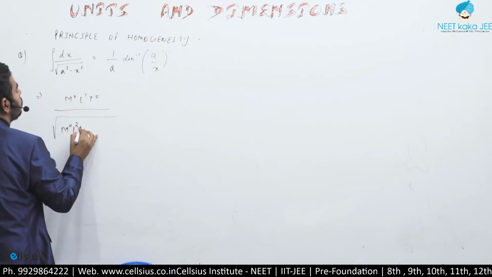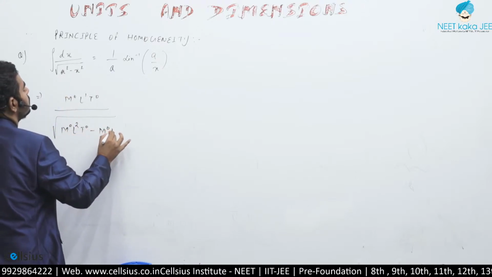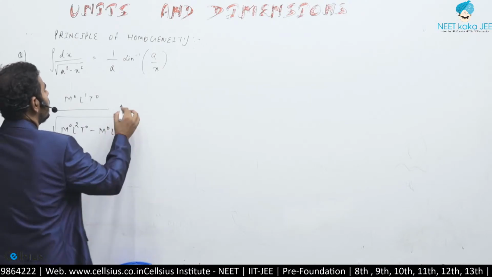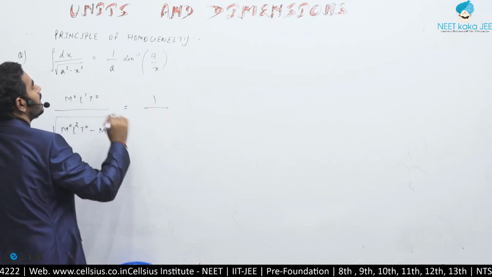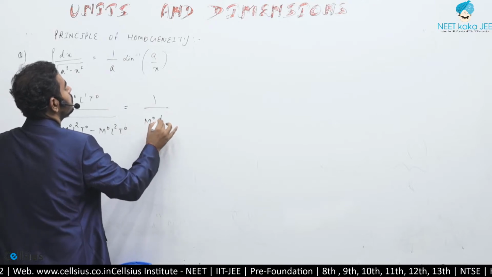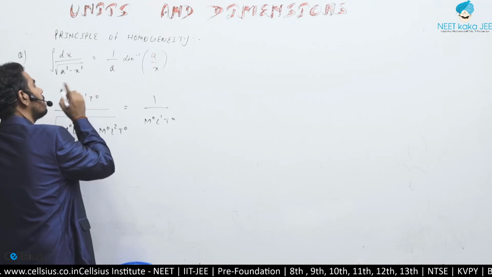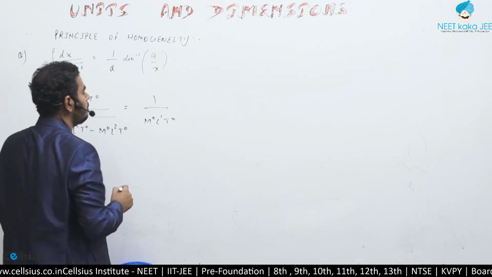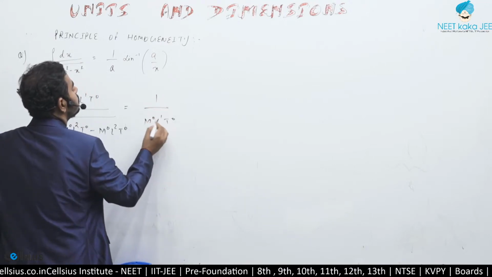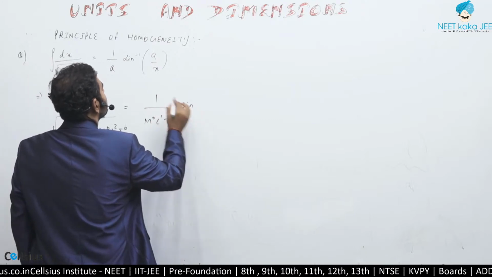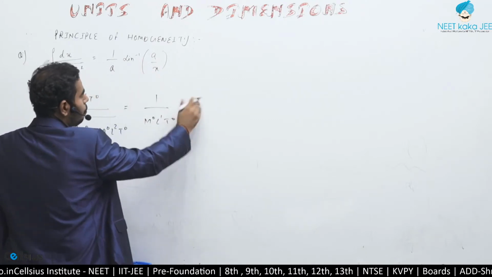So it is M0 L2 T0 minus M0 L2 T0. Okay, and this is equal to 1 by a, and instead of a what I will be writing? M0 L1 T0, because a and x are separated by a minus sign. So again I am telling that a and x will have the same dimension. So it is 1 by M0 L1 T0 into sine inverse of a by x, and from over here also